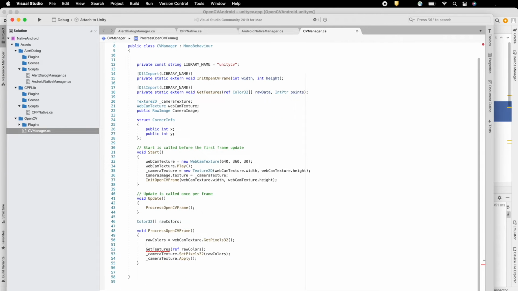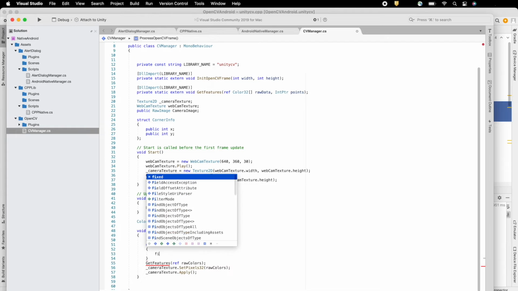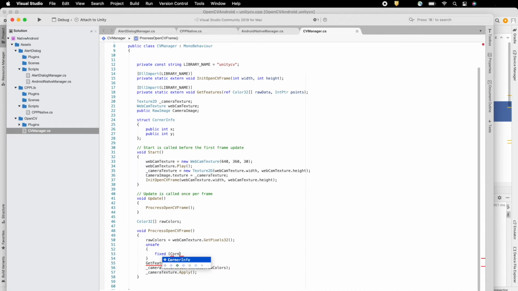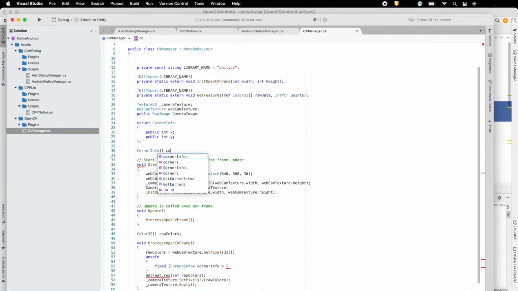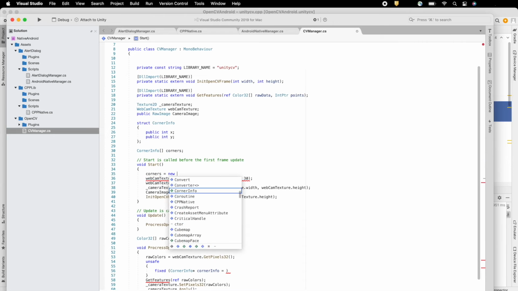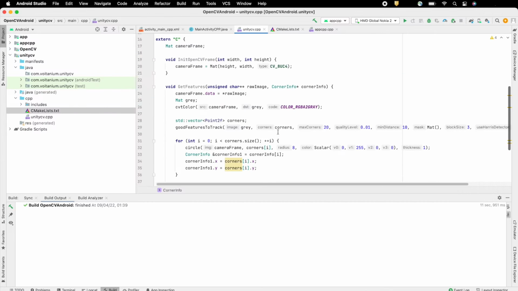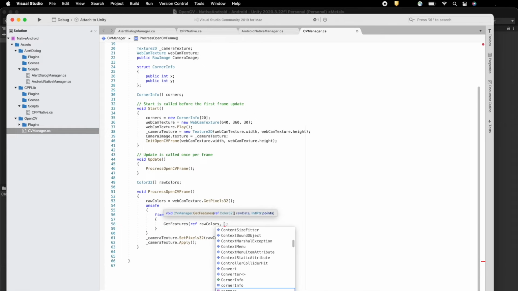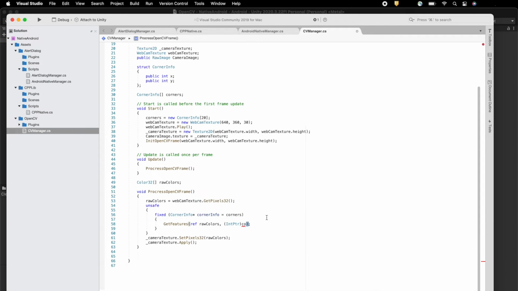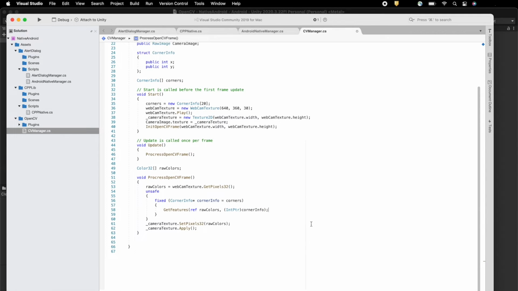Now inside the process OpenCV frame method, create an unsafe declaration. Also create an array of corner info, corners, and initialize its length to 20, which is the max number of corners declared in C++ good features to track. Then inside unsafe, create a pointer of type corner info and fix its address to the corner info array. Inside it, call the get features function from C++ with an additional input parameter, which is the corner info pointer typecast